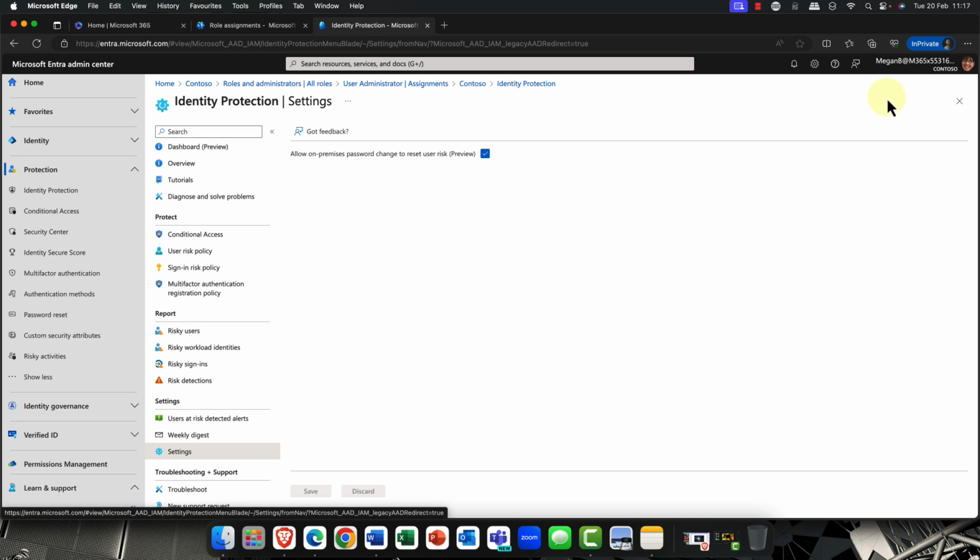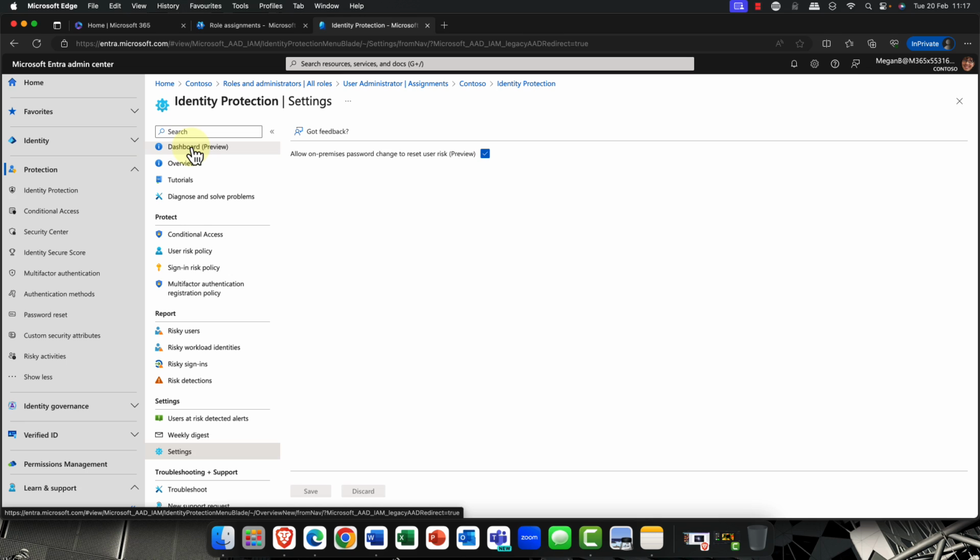This is where in hybrid, the user can go up here, reset their password, and it resets it back to Active Directory as well. Personally, I consider this to be a potential backdoor, and you want to avoid that. But this feature would essentially change the sign-in risk, and it would trigger an alert, and that's quite useful.